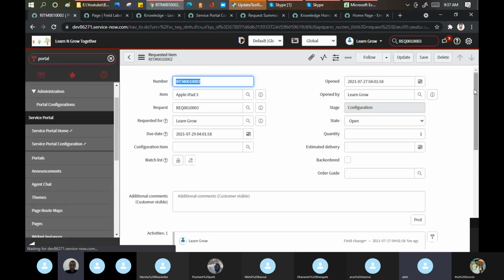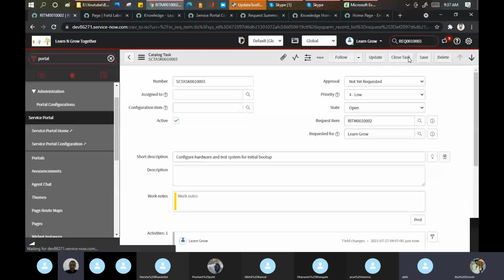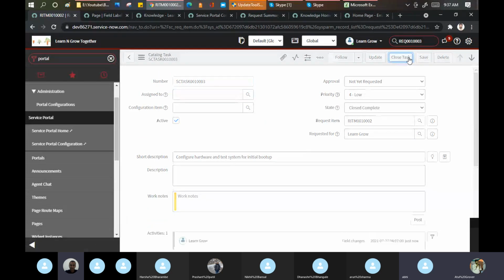Fine. Okay, now things are coming to the home. Now it's your responsibility as a girl. Okay, guests are coming. Please arrange the table in a proper manner. Please put that flower pot here, put the good crockery on this part, put the showpieces on this part. So that is the configuration. That work will not be done by anyone else except you. So you will open that task, you will work, and you will close that task.